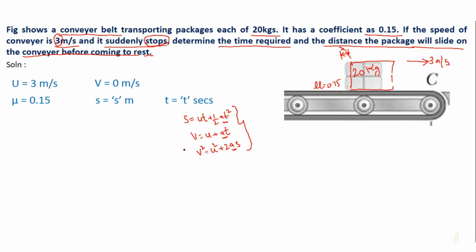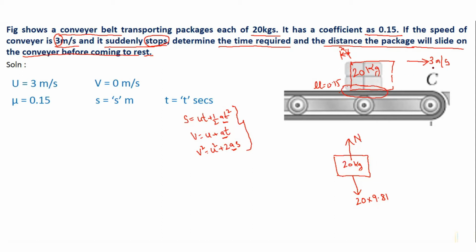Then we can proceed further for the displacement and time. For acceleration, we will make a free body diagram of this particular package of 20 kg. There is a package of 20 kg on the conveyor. There is no applied force, so we will not show it. Next force to be shown is the self weight, vertically downwards, with a value of 20 into 9.81. Next is the reaction from the contact surface. As this package is in contact with the conveyor, there will be a contact reaction from the conveyor to the package, and let it be N.